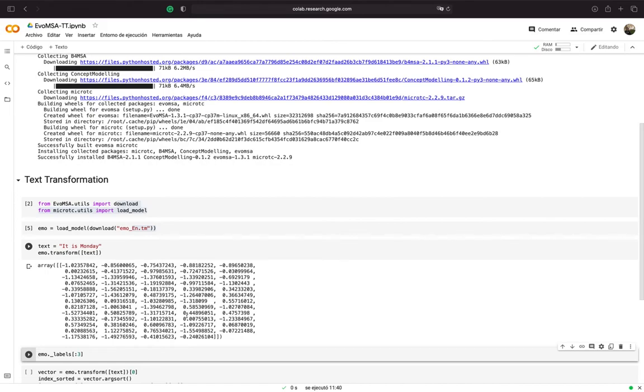Okay, let me talk a little bit about how this model was built. It was built using a bag of words model, and the classes, or the labels, were the emojis that appear in a particular text. So the emojis are removed from the text and they are used as labels.